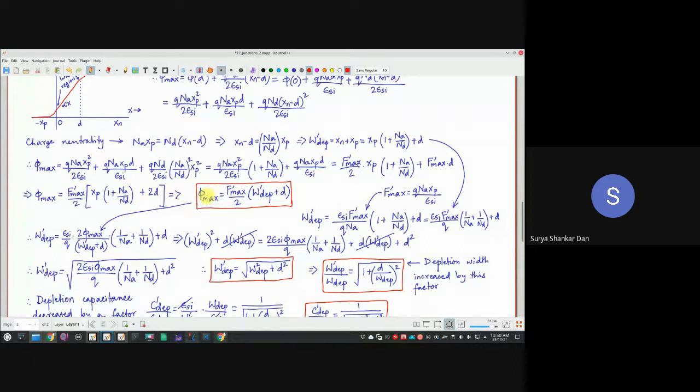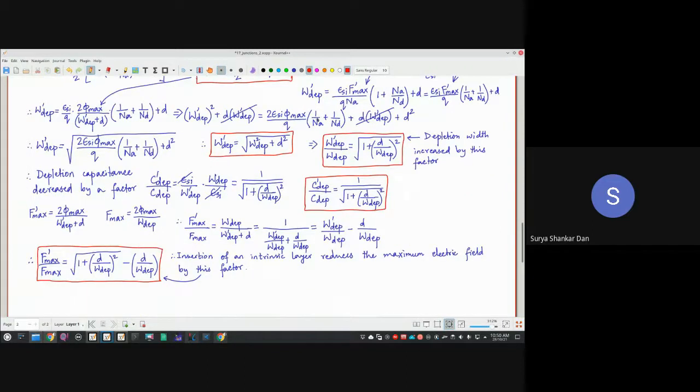So from there, we have put that F max, and essentially we have got this W dep dash. Once we have done this analysis, we have figured out that the depletion width increases by this particular factor. Clearly you can understand, if the depletion width is like this, then the depletion capacitance, as we have already seen, will be epsilon Si by W dep. So C dep dash, which is for the PIN diode, and C dep for the PN diode, will essentially be the inverse of this particular factor.